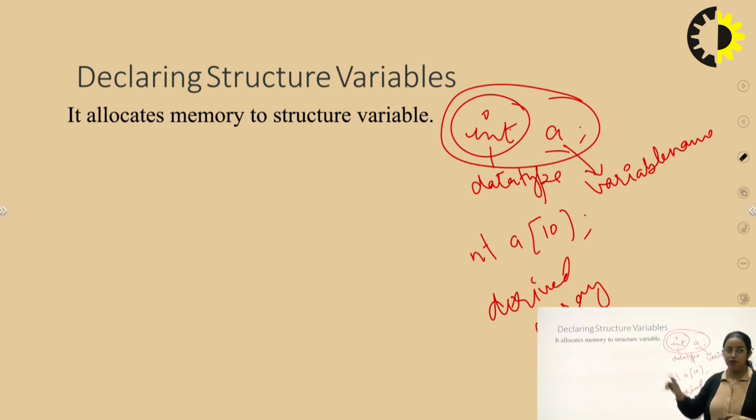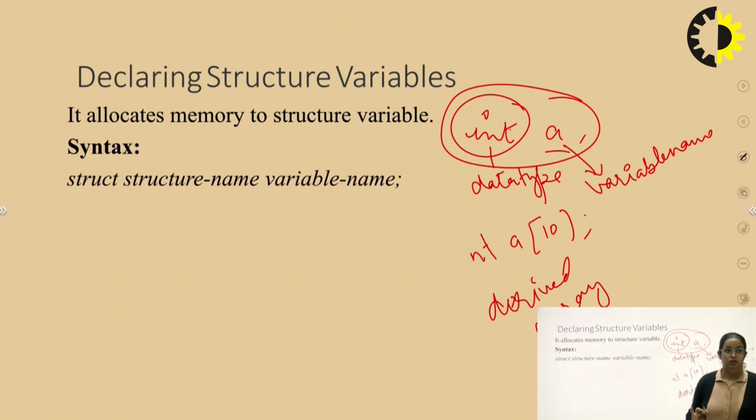Okay. Now what do you mean? First, declaration of a structure variable means when we are allocating memory to the structure variable. Declaration simply means whenever we are allocating memory to any variable, whether it is a structure variable, an array variable, a union variable, or a simple variable like this int a. So this means we are declaring the variable. That means we are just allocating memory to the variable. So the meaning of declaration is simple, just allocating the memory to that variable.